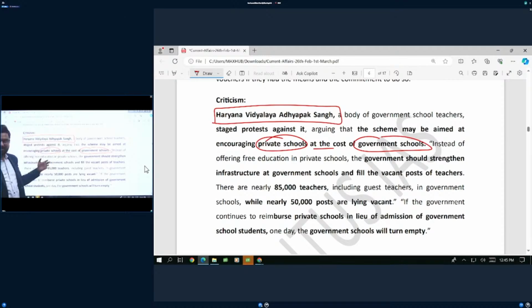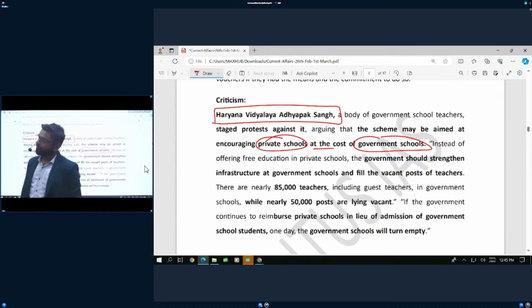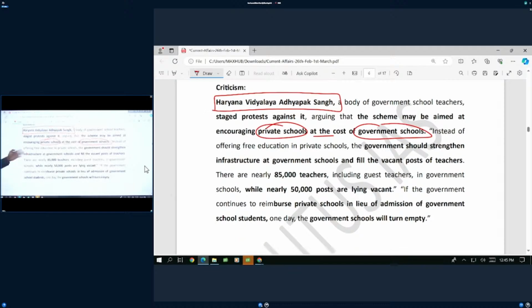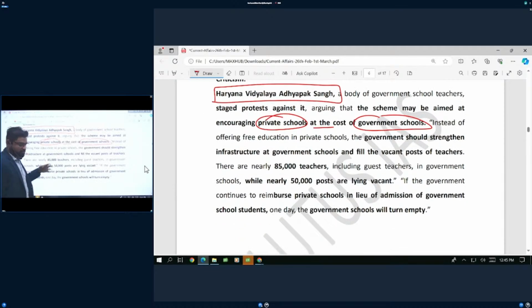That is the reason that private institutes in India are increasing at a rapid pace and government schools are falling. Intentionally, government schools are being killed so that the private schools can be promoted. Simple rationale. अब ये जो भी इन्होंने बोला, हाँ इन्होंने क्या बोला, the Sangh, the Haryana Sangh,